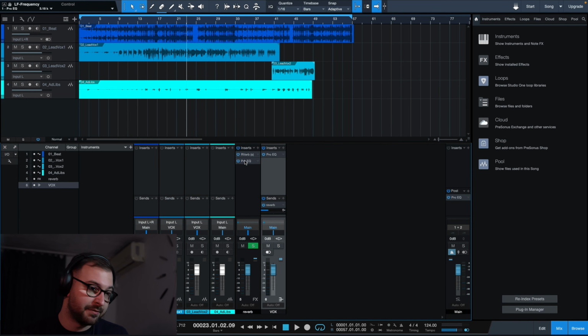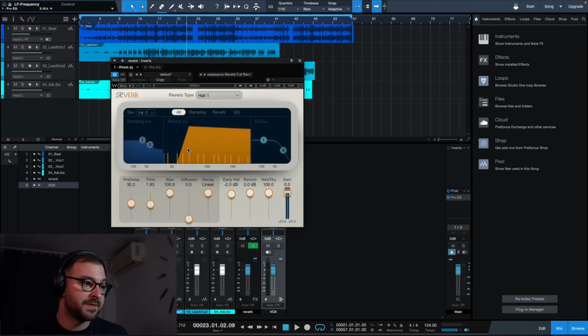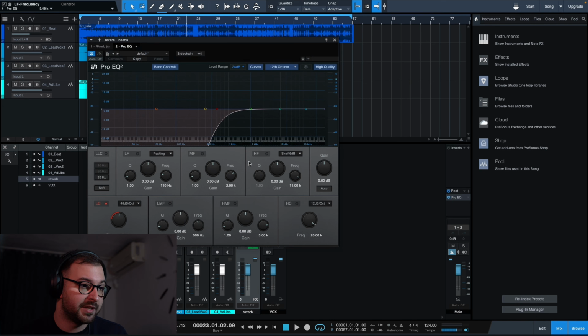And I've also applied a reverb. I've used Reverb from Waves with a reverb time of 1.93 and a pre-delay of 30.2. If you haven't watched our reverb video, I recommend you go and watch it, because I've used the technique to define these two parameters. And also an EQ applied over it, so I can cut everything up to 700 Hz. I've said it before, I've done it before, and I will always do it. I just don't like this spectrum on my reverbs. And I'll try to reduce it a bit there. An EQ is just enough for my taste.